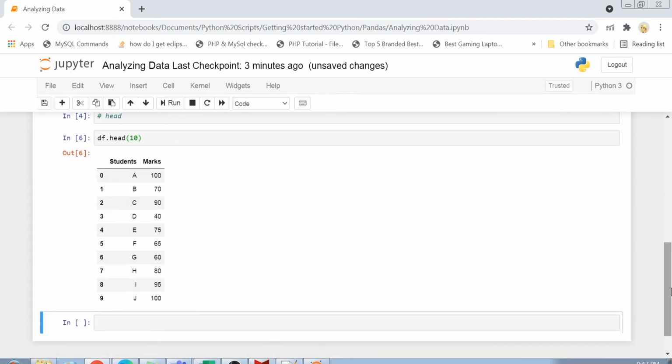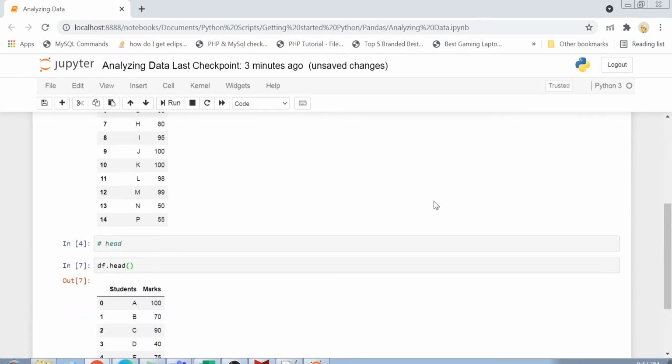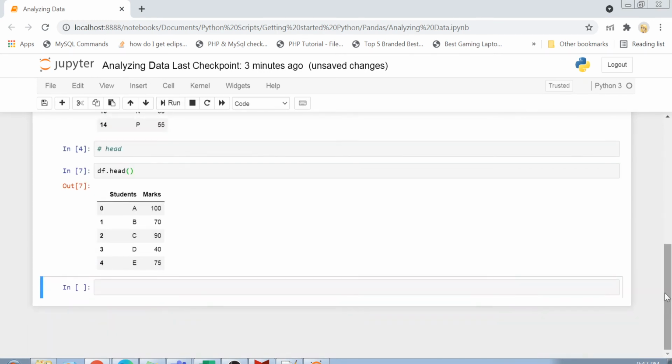So instead of looking at the entire data, just to get a look and feel of the data, it's better to use the head function, to see if your data frame is successfully loaded, if it has all the columns which you want to view, or if it has some extra data which you want to remove. So the head function is definitely the first function which we apply whenever we import our data, just to see if it is imported correctly.